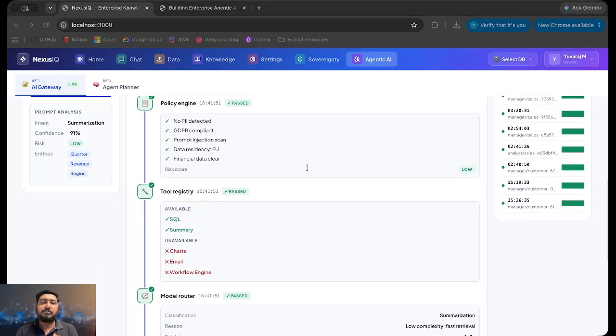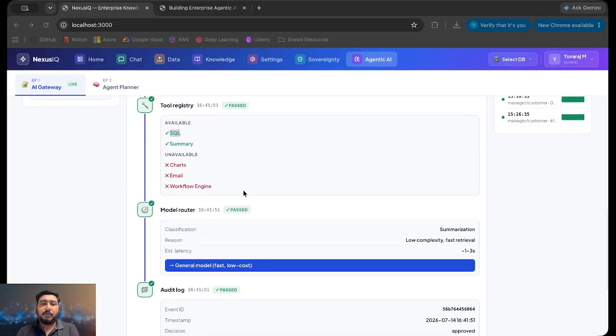So tool registry is nothing but, based on the query, trying to understand what tools you need. There are two things you can see here. One, you have to query the data, and you have to summarize it, right? So two things: one is SQL, and another one is summary. Then the model router